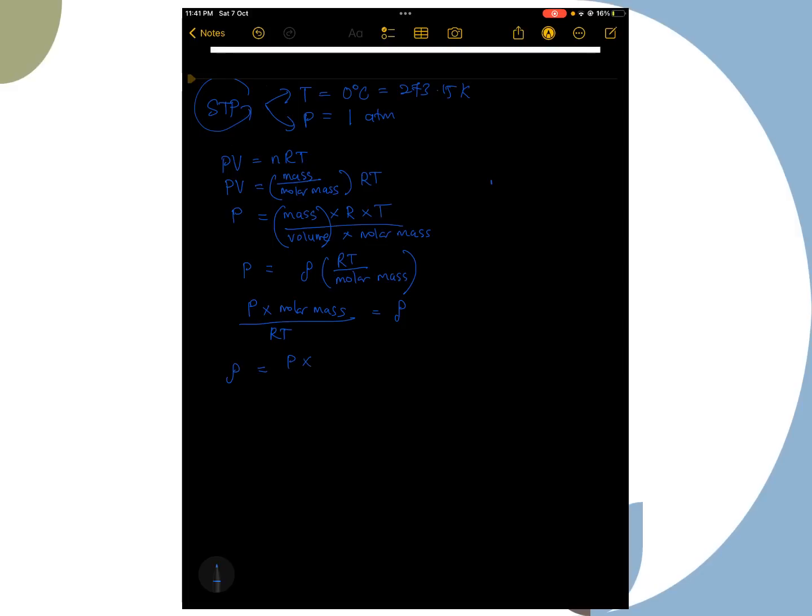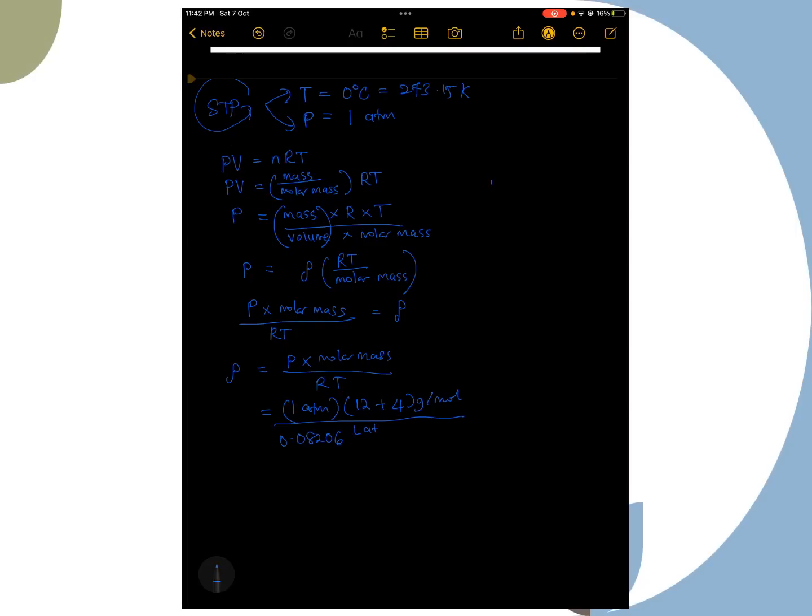Density is equal to pressure times molar mass, divided by RT. So just substitute the values. P is 1 atm. Molar mass of methane: we have carbon, 12 grams per mole, plus 4 hydrogens, so 4 grams per mole. And then divide by R, the constant,